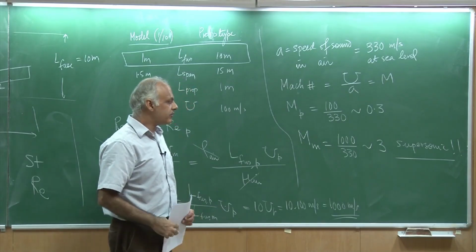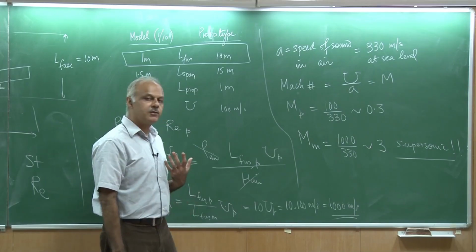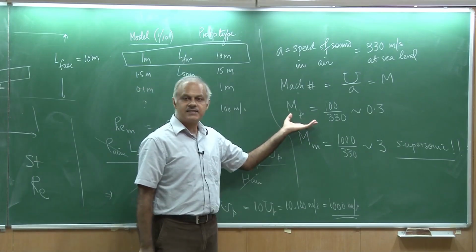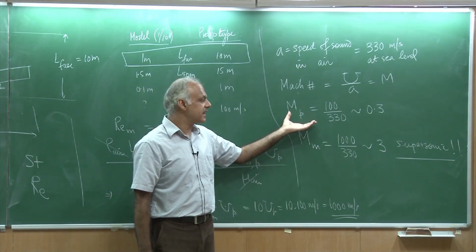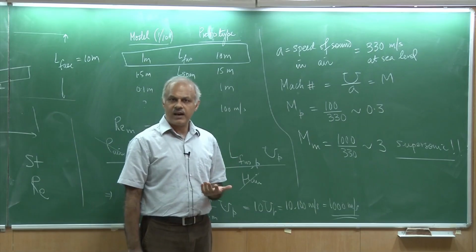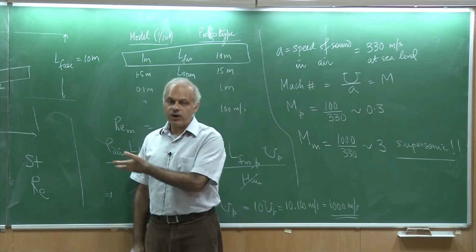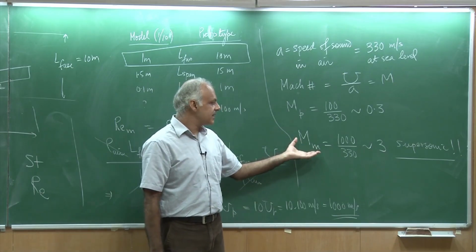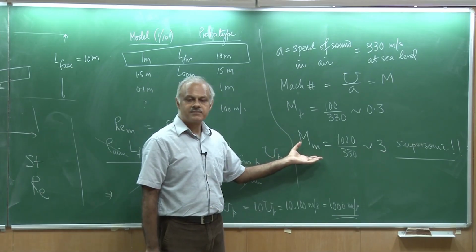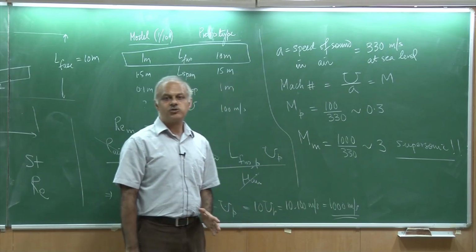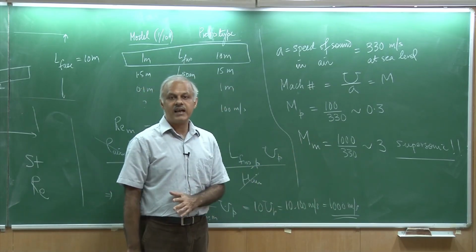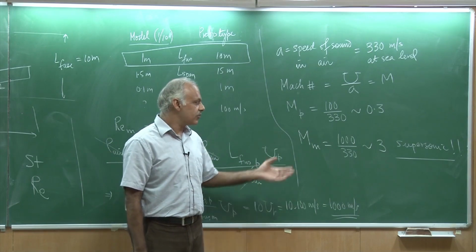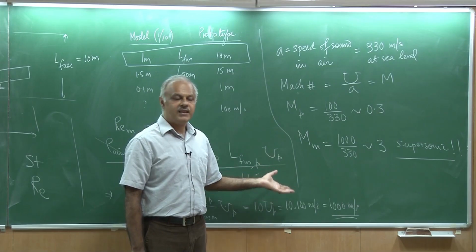So, actually now what we are doing is that although we were supposed to test the prototype at subsonic speeds, at Mach number of 0.3, because of our similarity rule and the choice of the length scales, we have entered into a regime which would become supersonic. And qualitatively, a supersonic flow would be very different than a subsonic flow. And therefore, this test will have no meaning.